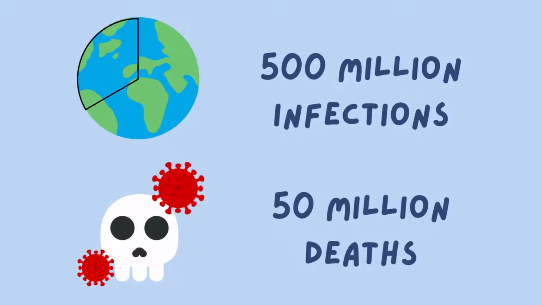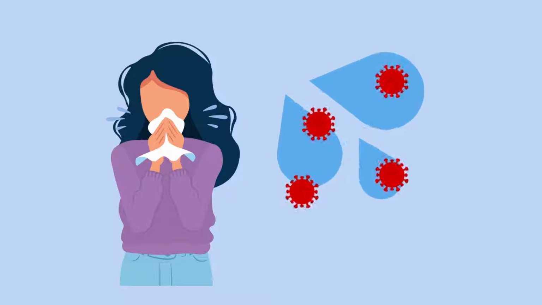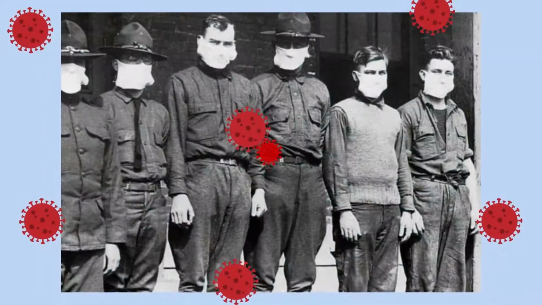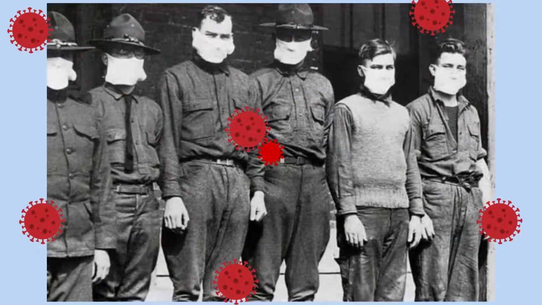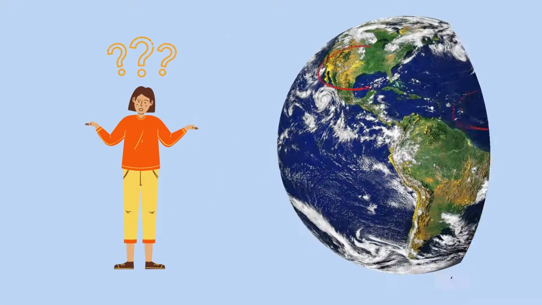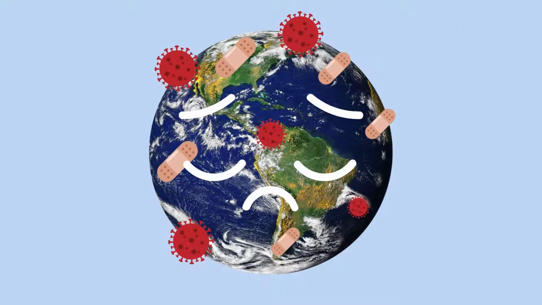50 million. As we know today, the virus mainly spreads via droplets of sick people through sneezing and coughing, so the close contact and continuous movement of all the soldiers during World War I allowed for the virus to wreak havoc on the world. The specific strain responsible for this massacre is known as the H1N1 strain, which is a subtype of influenza A. Nobody knows how the H1N1 virus that started the pandemic originated, but it certainly left its